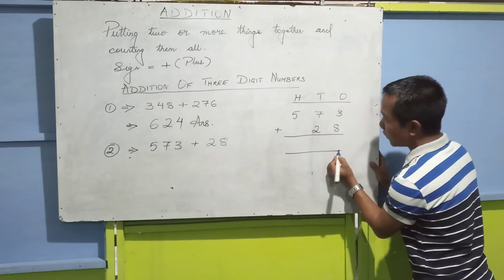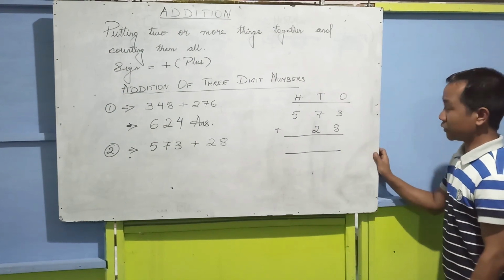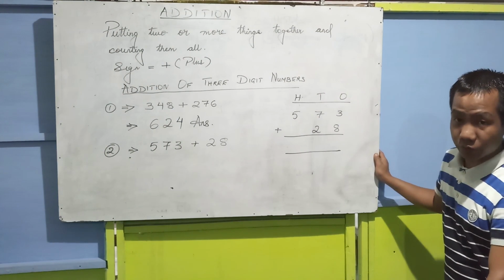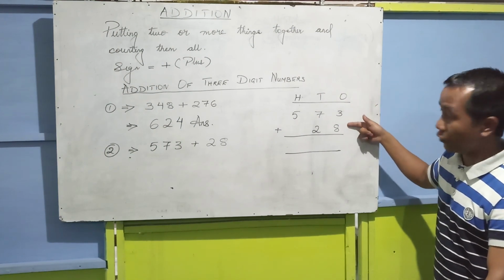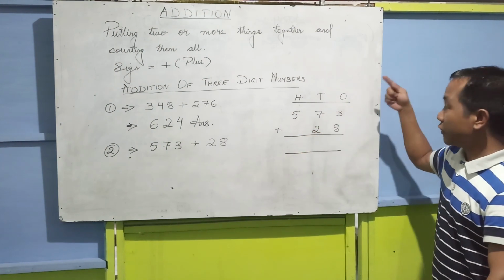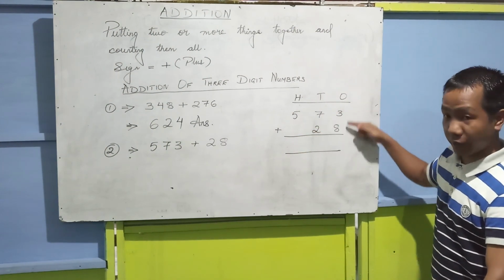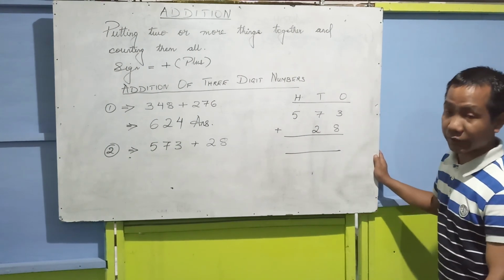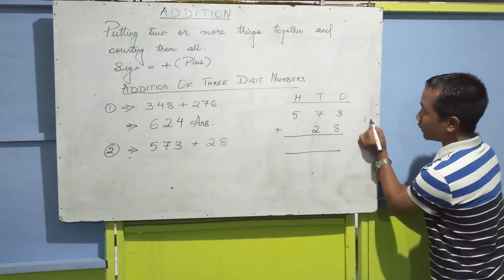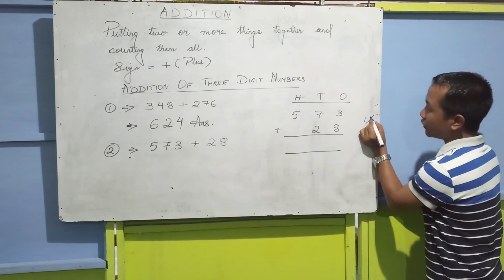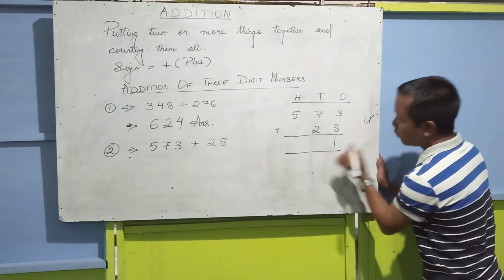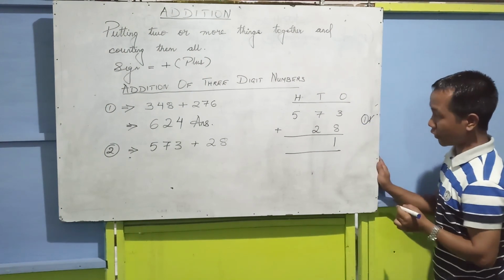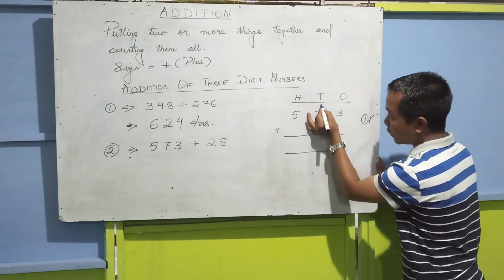So after arranging the numbers, now let's start adding the numbers. See, like I told you before, whenever you do addition, always start from the last number, not from the first number. You must always start from the ones place. Now, the last two numbers are 3 and 8. 3 plus 8 is 11. Right? 11 here, and you can set the last number, and this last number will move below the numbers, and here is the remainder. 1 is the remainder, and this remainder will go to the next number, and we will